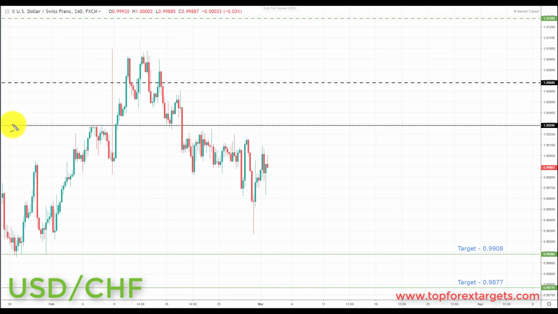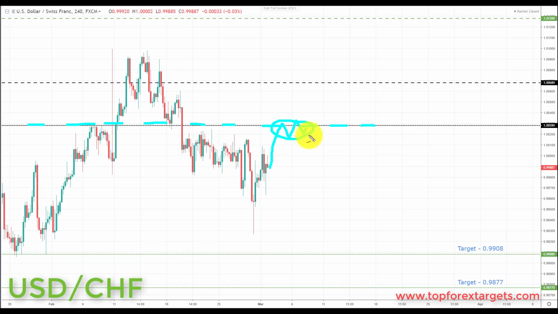So next pair we're going to look at is US dollar Swiss franc. Now we start the week below a key area of broken support, looking to turn resistance at the 1.00280. If we can get a pullback and a retest of broken support turning resistance at the 1.00280,